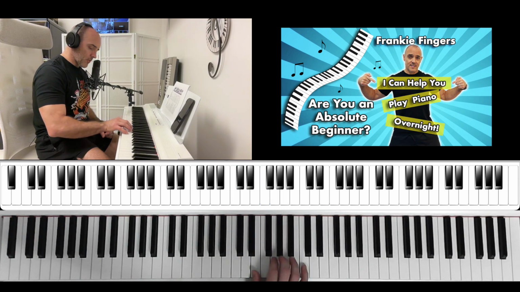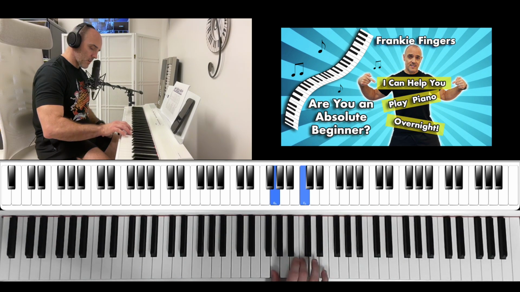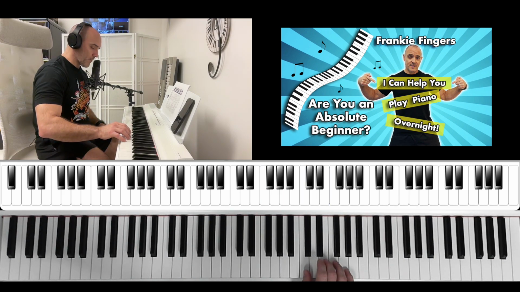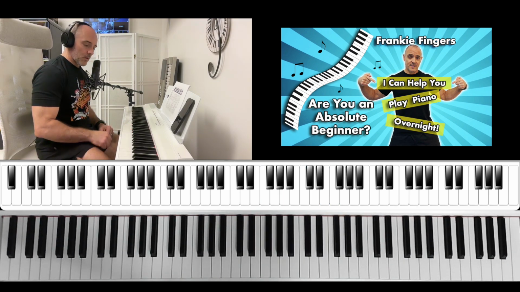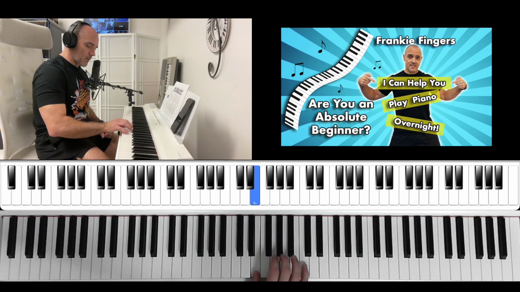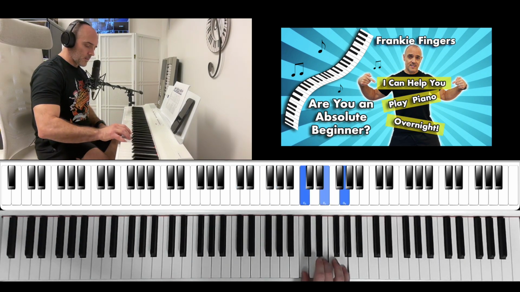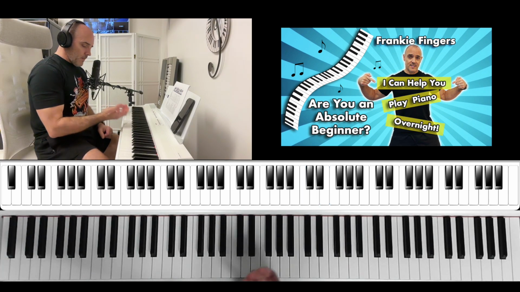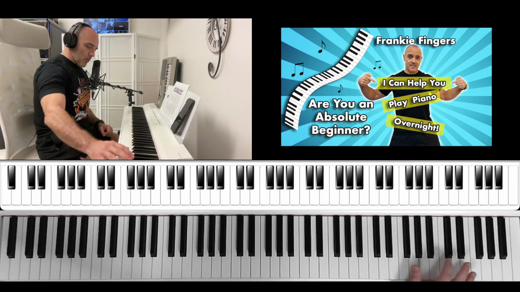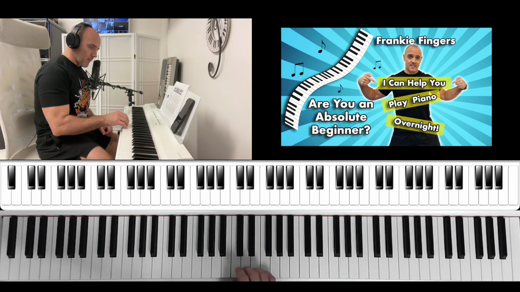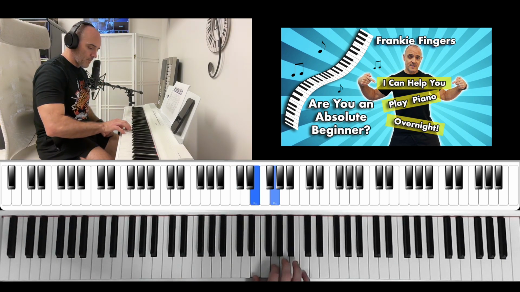Now I'm going to play the first inversion. Now I'm going to play the second inversion. And then finally the root. Right? So you can move up the keyboard within the same chord, and you can really start to become familiar with how to identify